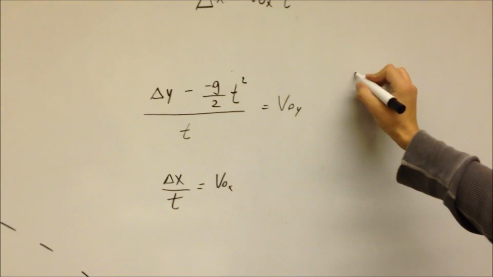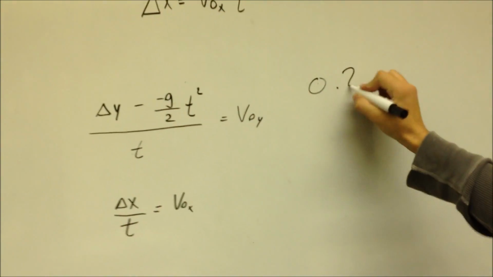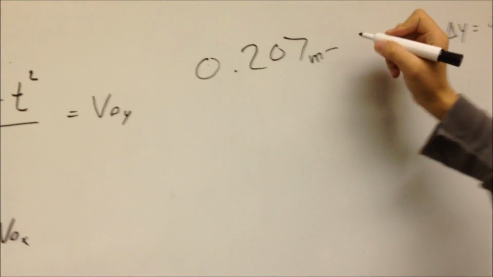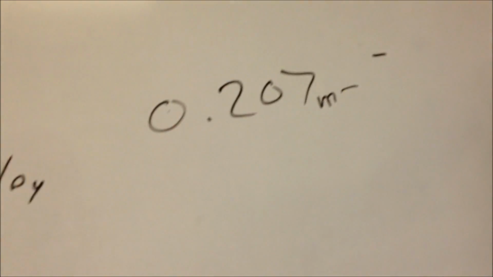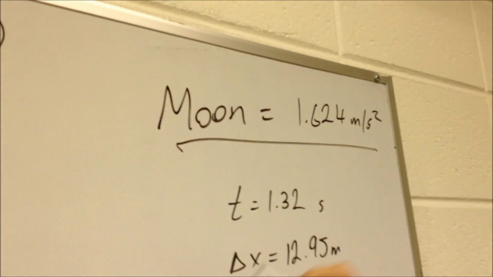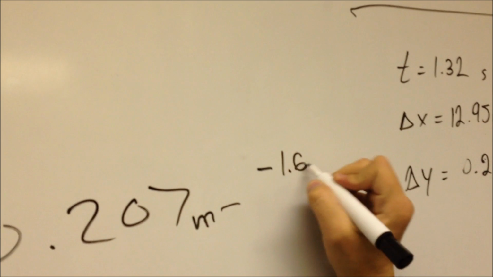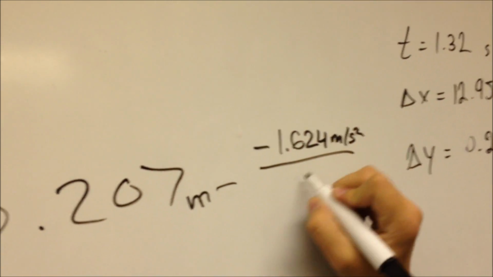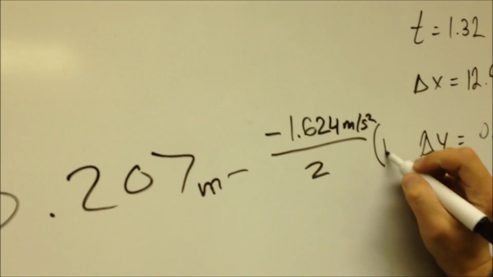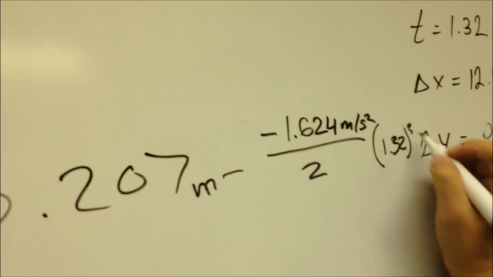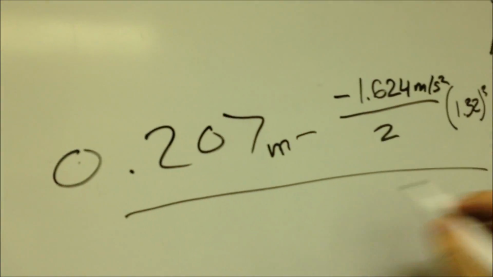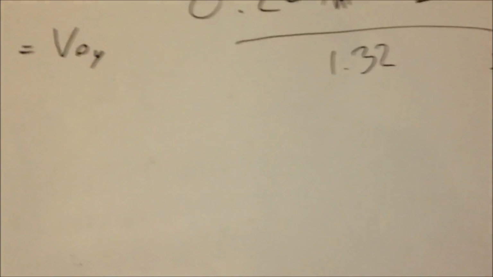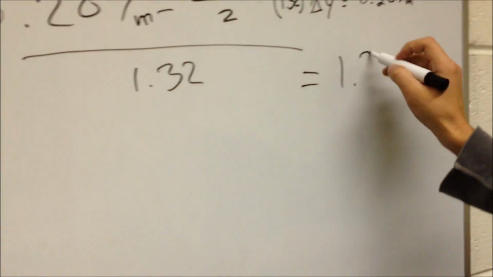with our delta y being 0.207 meters minus our negative gravity of the moon, which is 1.624 meters per second squared, divided by 2, multiplied by 1.32 squared, divided by 1.32. We found this value to be 1.228,